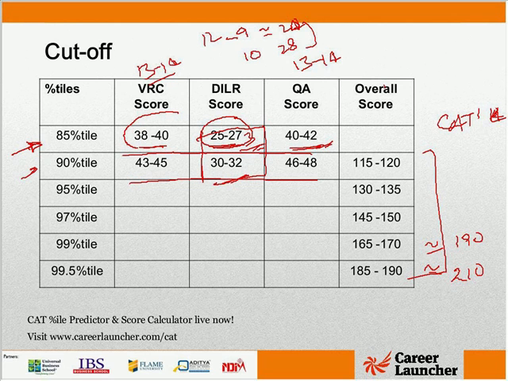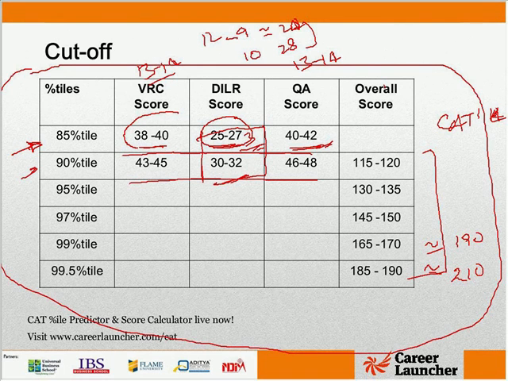Again, another question on the kind of attempts that you have put in. My suggestion is, once again, just look at the table that we have provided here very clearly. Use this table to get a rough indicator of what you might end up scoring, and to get the actual estimate of what you will end up with, just give us a couple of hours and we would hopefully be able to recreate the entire paper.